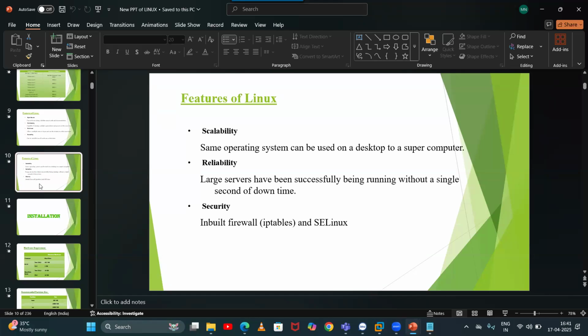So these are reasons why Linux is secure. I'm repeating. Linux is secure because inbuilt IP tables and SELinux are there. IP tables are used to secure networking files. SELinux is used to secure local files. Linux is secure because it works with a command line interface, means commands. Those who know commands, they only can configure the Linux operating system.